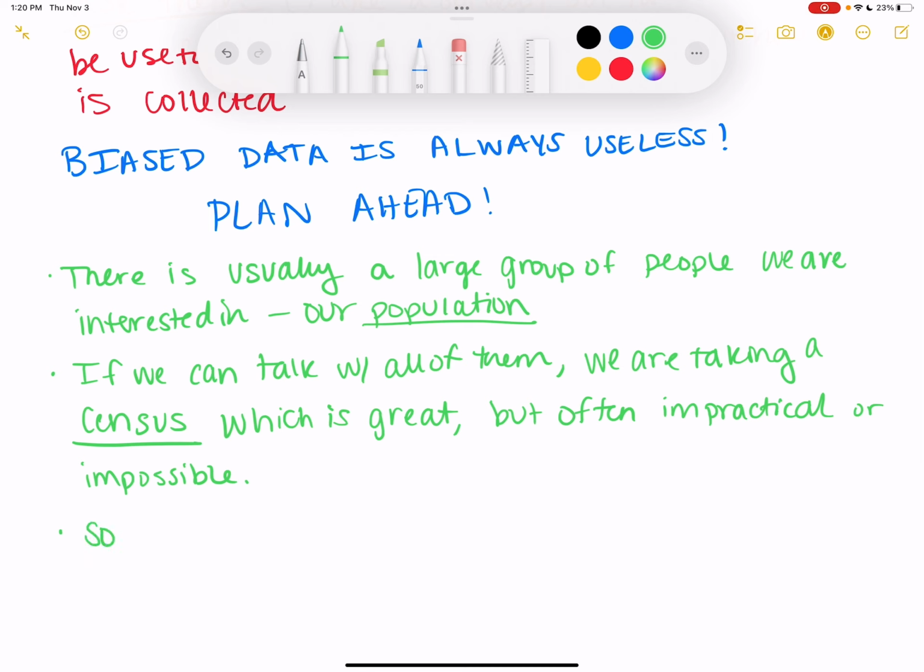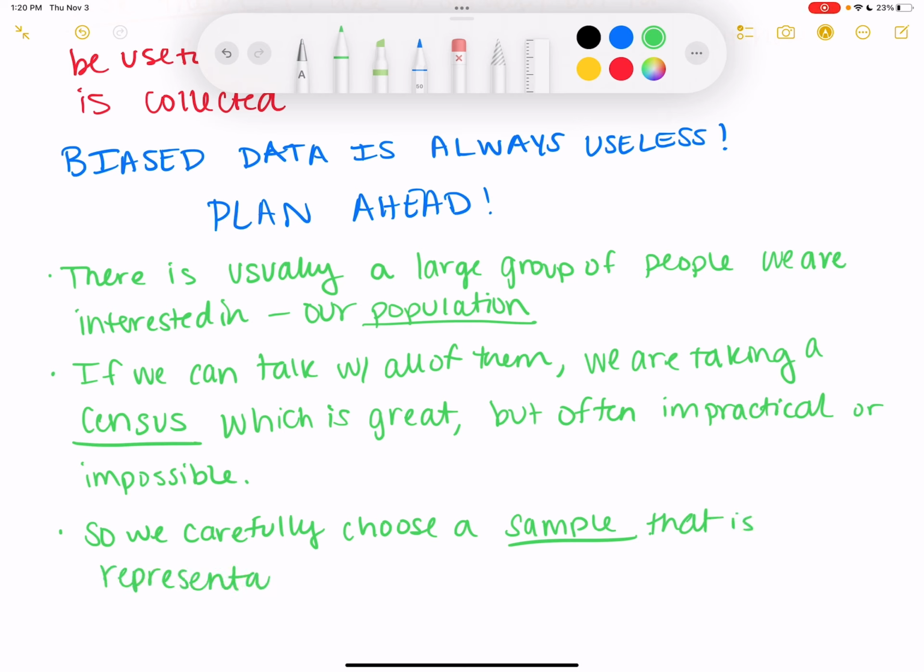So we carefully choose a sample that is representative of our population.